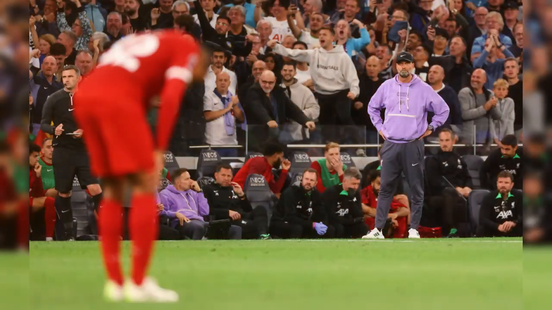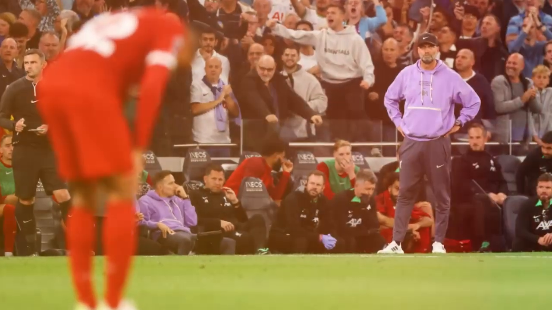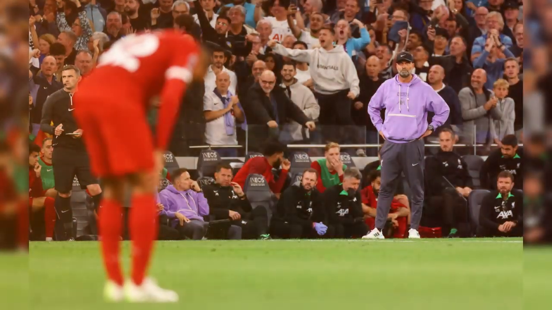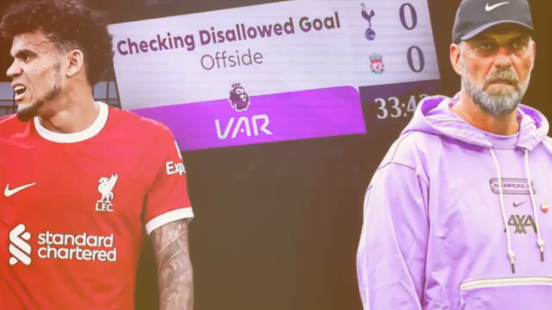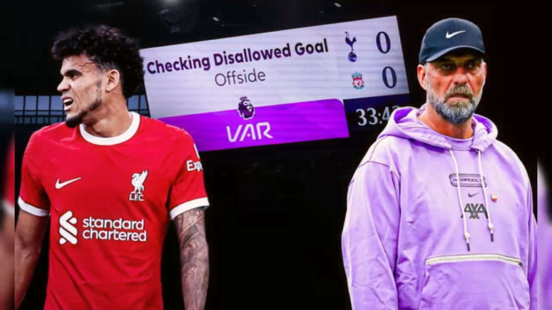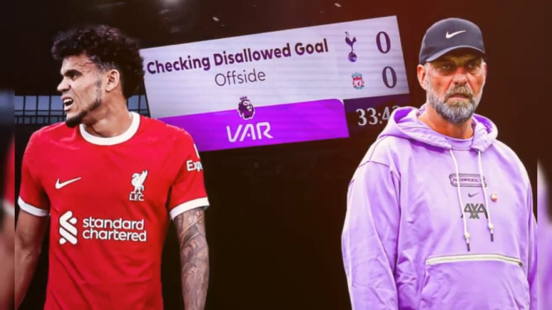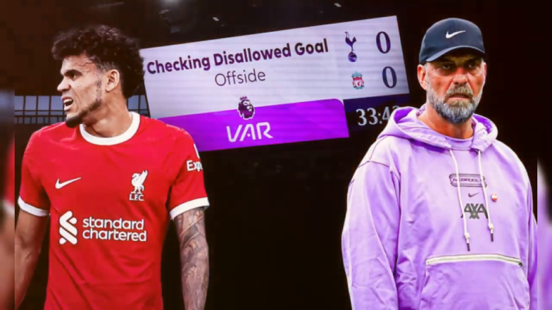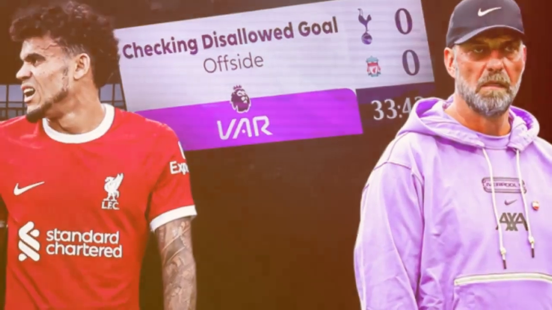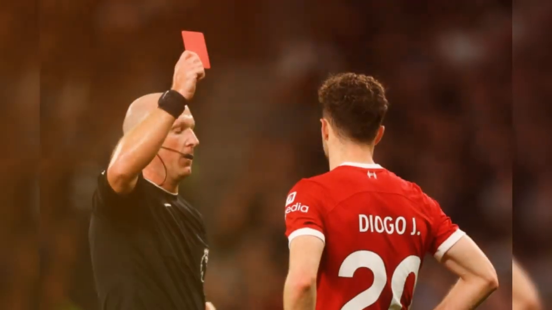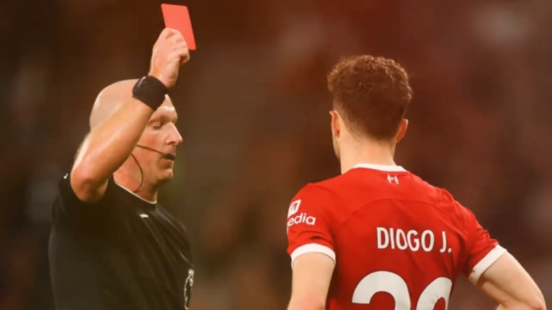Liverpool's 17-match unbeaten run in the Premier League came to a dramatic and controversial end on Saturday when they lost 2-1 to Tottenham Hotspur. Luis Diaz's first half goal was wrongly disallowed by VAR for significant human error, just 10 minutes after Curtis Jones was controversially sent off for a late tackle following a VAR review. The Reds were reduced to 9 men midway through the second half when Diogo Jota was shown 2 yellow cards,